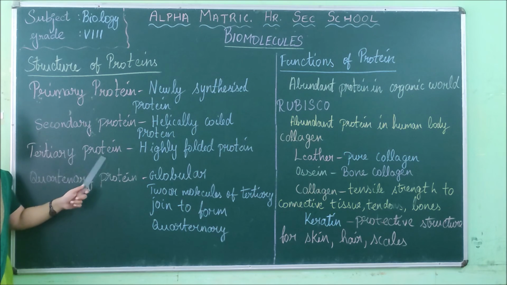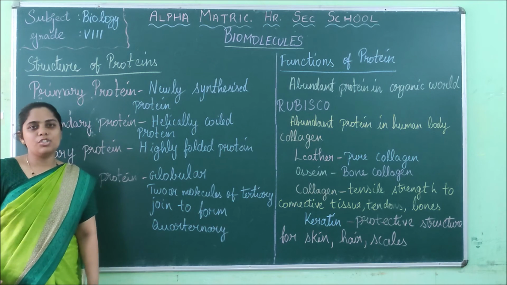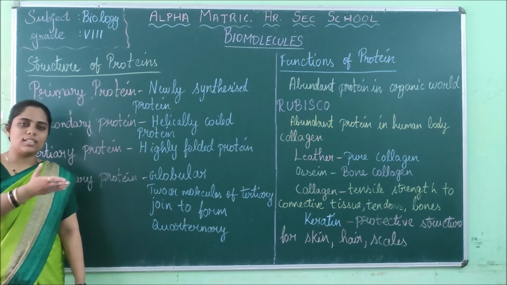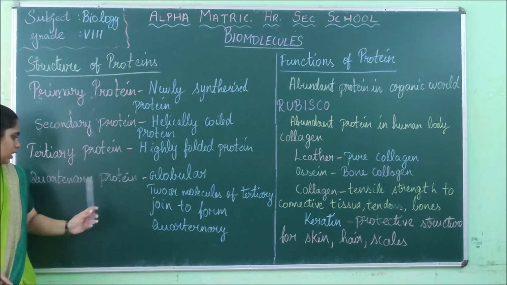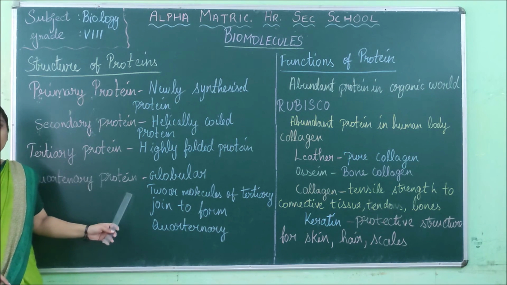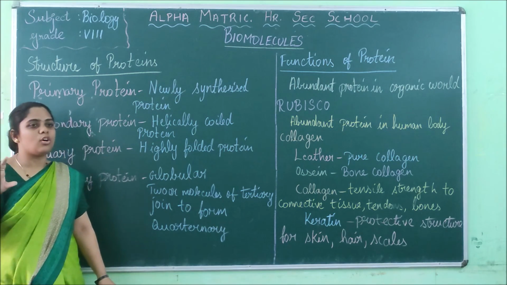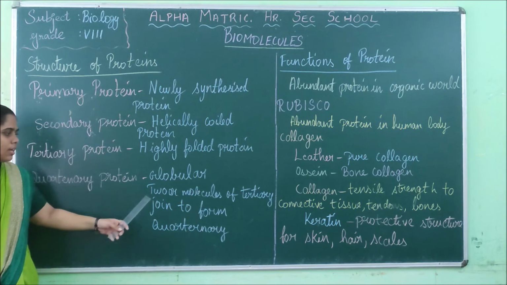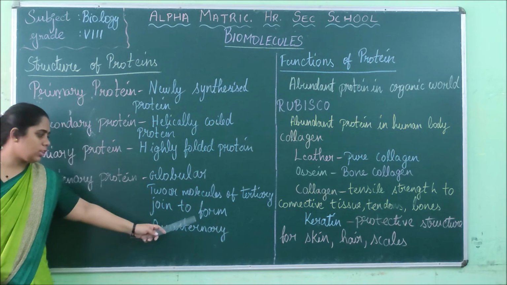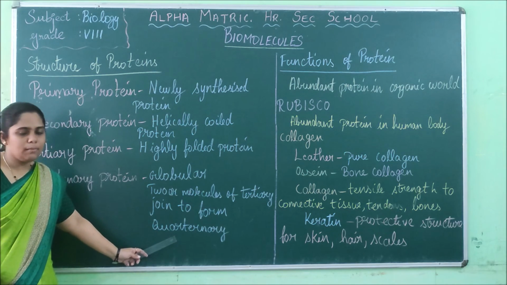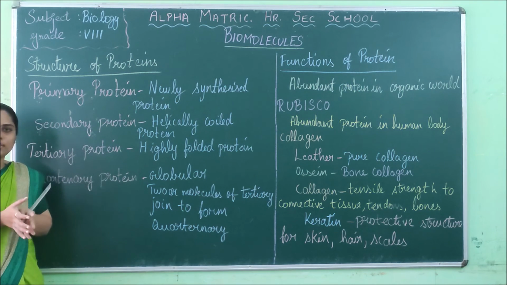Next is tertiary protein. Highly folded proteins are called tertiary proteins. There will be many foldings, there will be many curves. Those are called tertiary proteins. And last is quaternary proteins. Those are globular, that is round shaped proteins, known as quaternary proteins. Two or more molecules of tertiary proteins join together to form a quaternary molecule. So what happens is tertiary proteins will join together to form